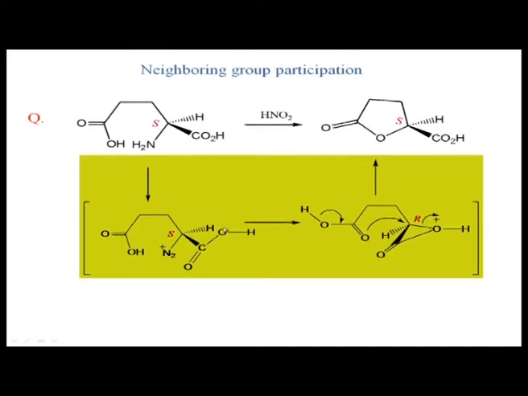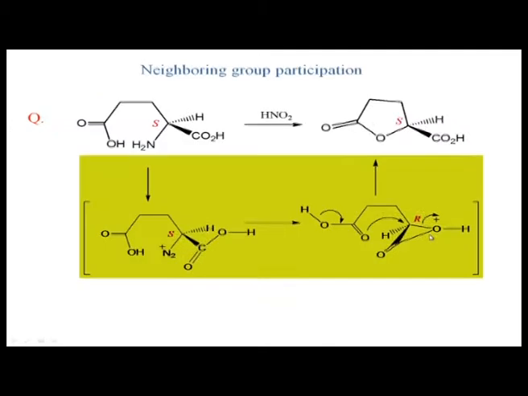Now, this oxygen acts as a nucleophile and attacks this carbon, and the nitrogen goes off. So, that forms an alpha lactone. In this case, you can write OH plus, because it is not the basic medium, it is acidic medium. So, the plus charge is still on the oxygen, and then the lactonization, this alpha lactone is replaced by a gamma lactone, because that is more stable. So, this is lost, and that acts as a nucleophile, attacks the carbon, and this carbon oxygen bond is broken.